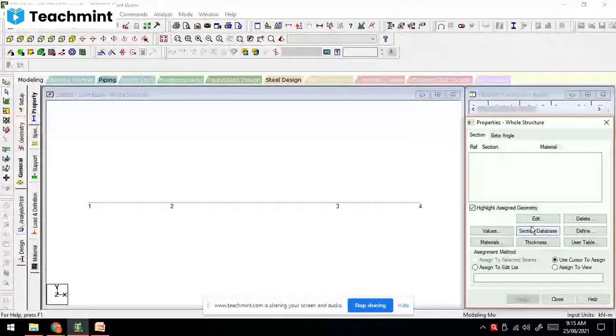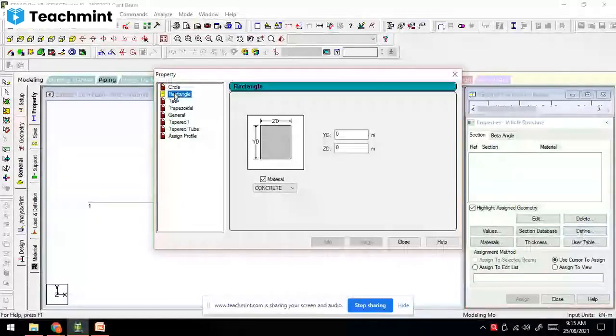Now there are different commands here: edit, delete, value, section database, define, material, thickness, user table. As we are defining the concrete material, click on define, then click on rectangle. So assign the property.